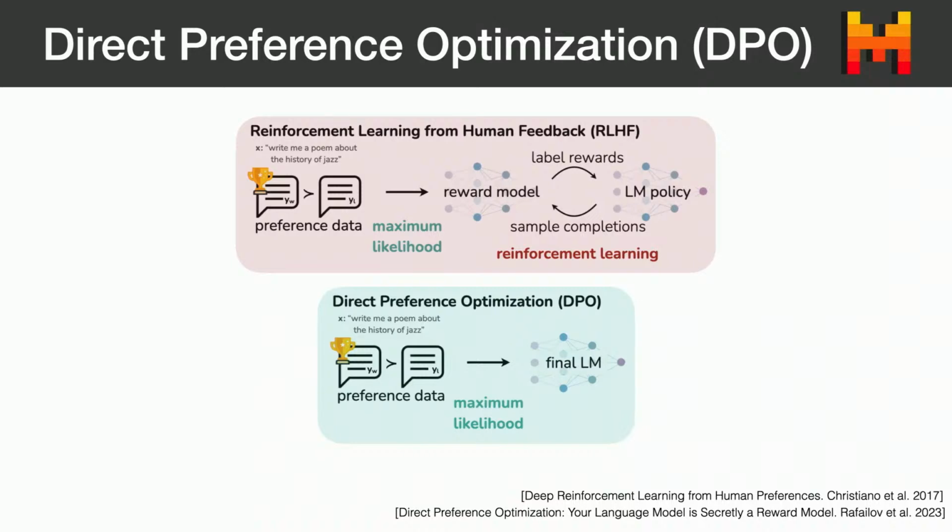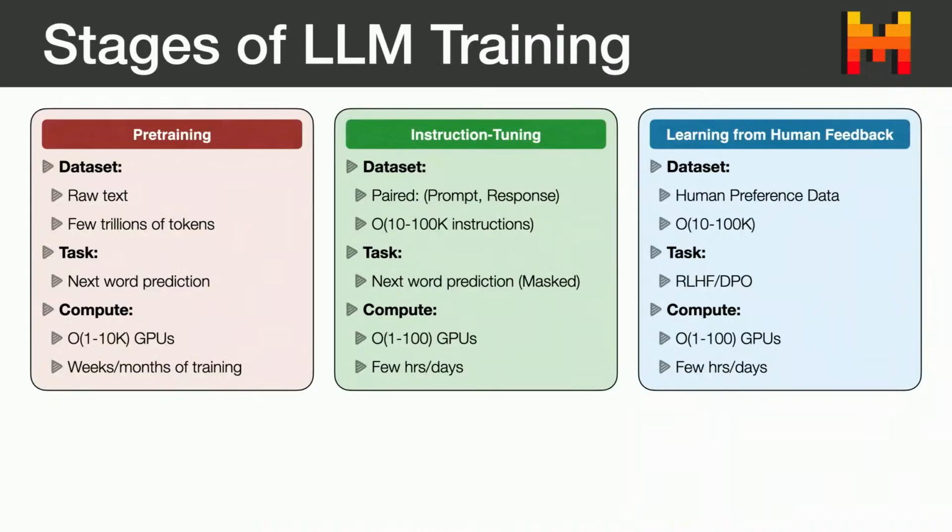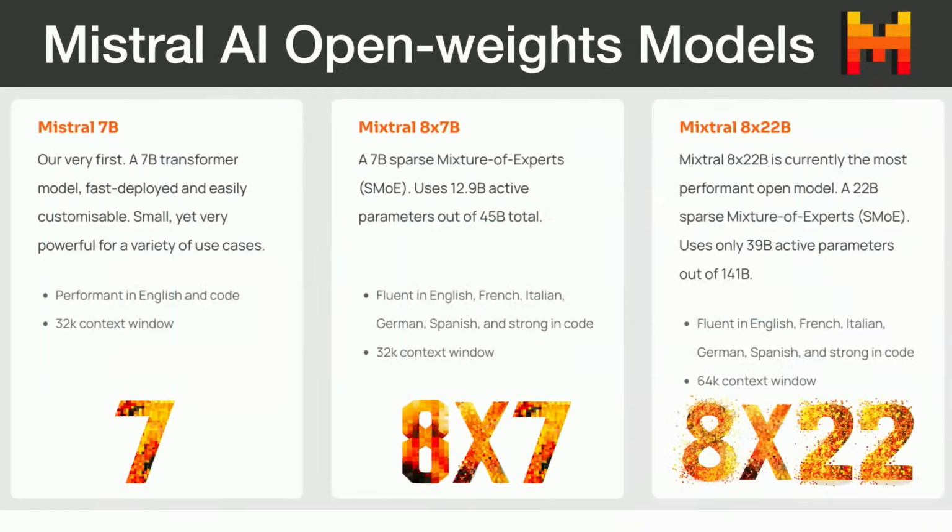model further. So just to summarize, these are the 3 stages. They have different orders of data set and compute requirement, and the task is slightly different. And all the open source models we have been trained using these techniques. And so I won't go into the details of